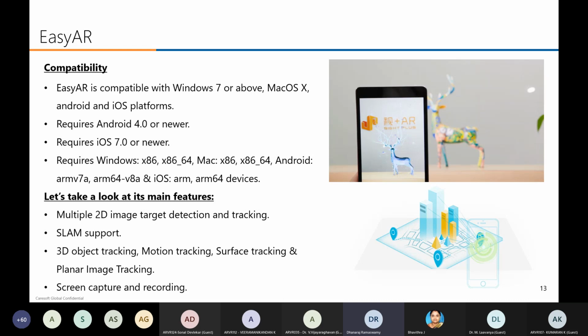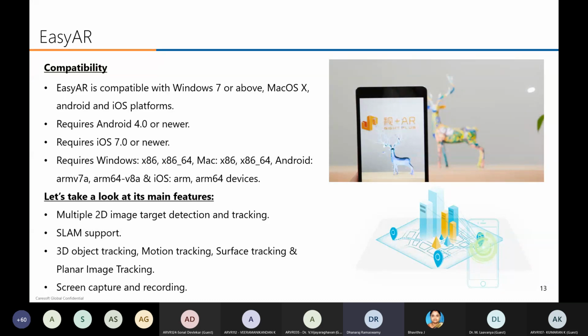It requires Android 4.0 or newer. It even supports a very basic OS of Android. It will run on Android 4.0. It even runs iOS 7. In AR Kit and all, we have seen that it supports 11 and above, correct? But Easy AR supports from 7 itself.